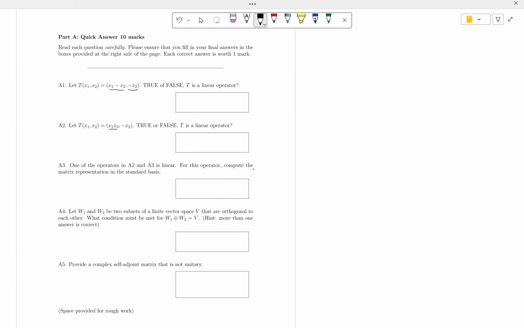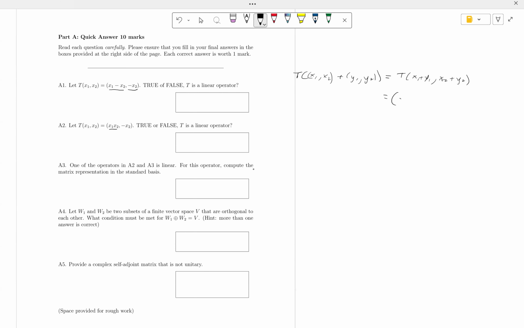Here we have a product. Whenever you see a product like this, that is pretty close to saying, hey, it's not linear. Now, here, if you're not sure, you can always go through and check. So you can always do T of (x1, x2) plus (y1, y2) equals T of (x1 plus y1, x2 plus y2)